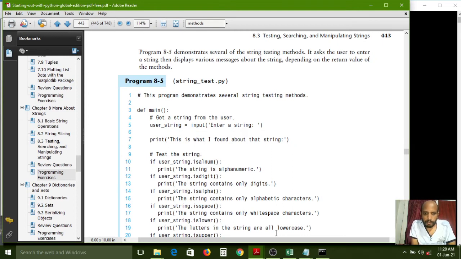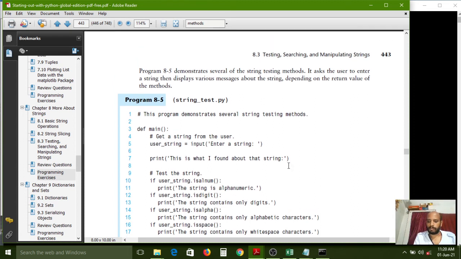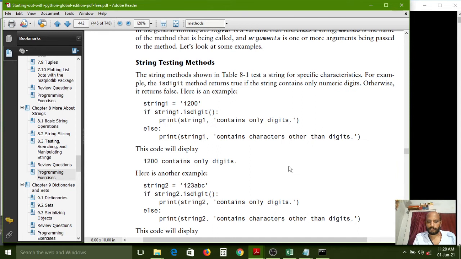User string input. User string dot isalpha, print the string is alphanumeric. isdigit.